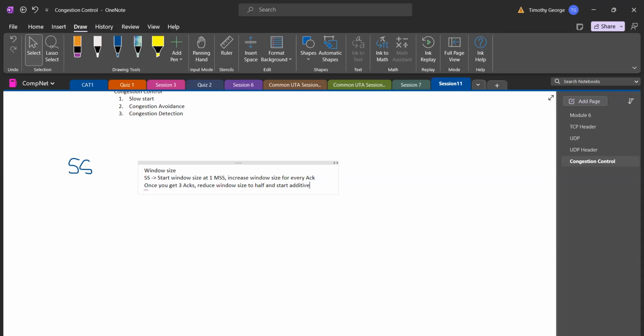So what I mean is, you increase the window size slowly, one at a time, and then when you get three ACKs, you reduce it by half, and then you start the additive process of the window acknowledgement. Okay, let me see if there's a